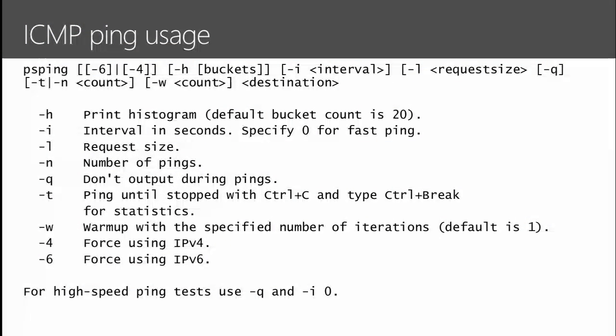So the usage is very much like the one that comes in the box. You can just do psping, tell it what you want to test, and it'll start doing the ICMP thing and try to get a response back. There's a bunch of other options, including setting the interval. So instead of pinging once every second, you can change it to every 5 seconds, or no interval, so just one after the other after the other.